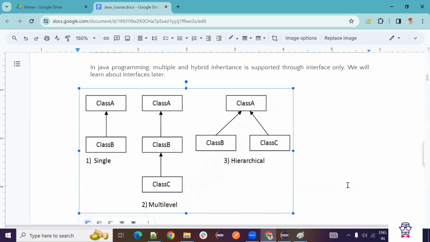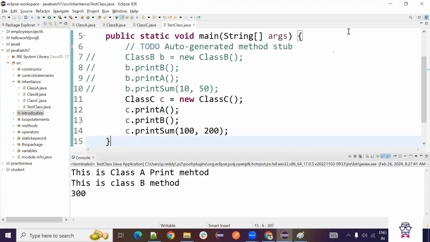See, for example, there is one father, he has two sons. This son's property is different, that son's property is different. For example, we have the Ambani family. So the father Ambani's properties, both Anil Ambani and Mukesh Ambani can share. But Mukesh Ambani's properties, Anil Ambani cannot take. Anil Ambani's properties, Mukesh Ambani cannot take. In the same way, this also works. This is hierarchical.